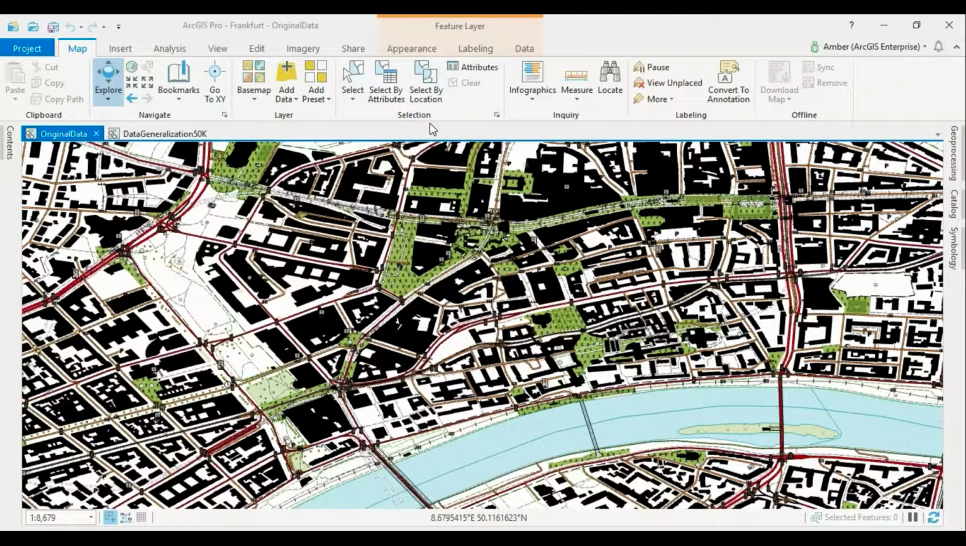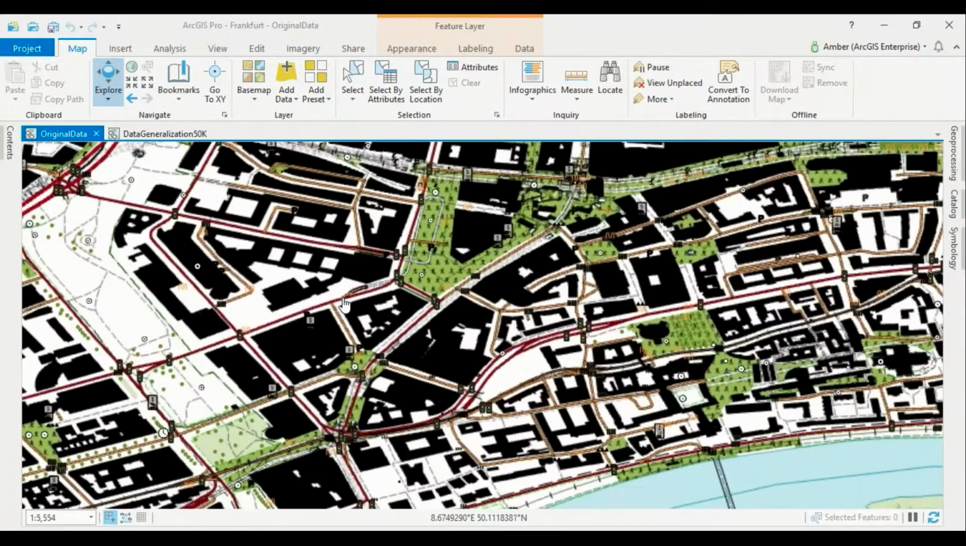All right. At this point, you should be seeing some data that we have over Frankfurt, Germany. This is our best scale data, and as you can see, it's actually pretty detailed. You can see we have pretty much every stoplight, every crosswalk, even every tree that's in this urban area of